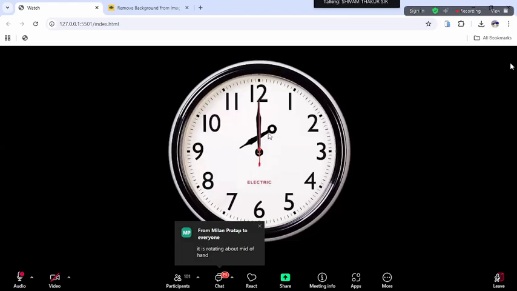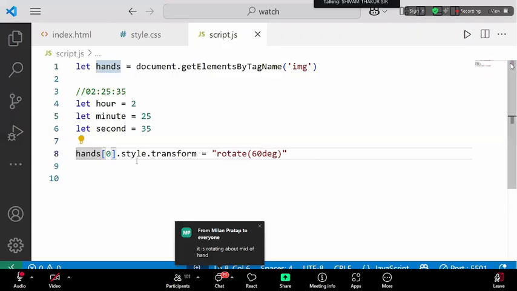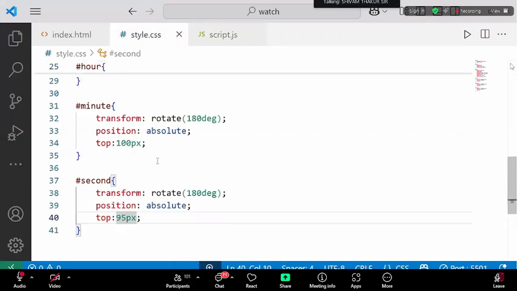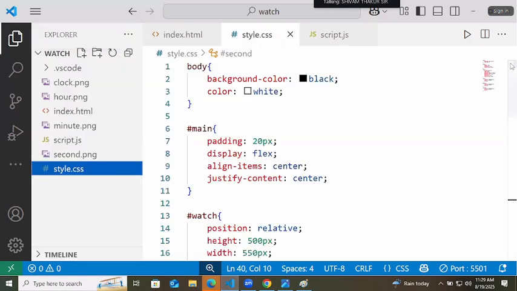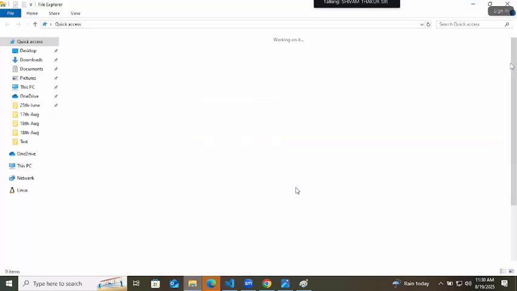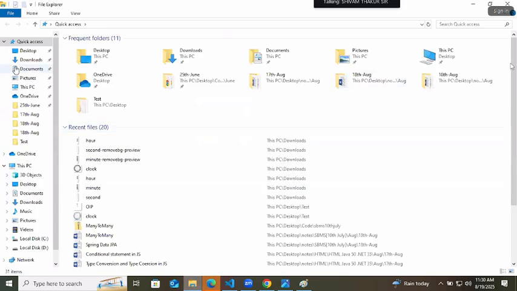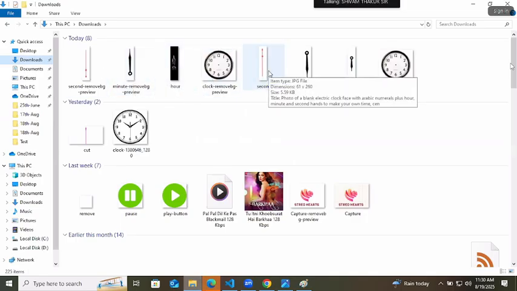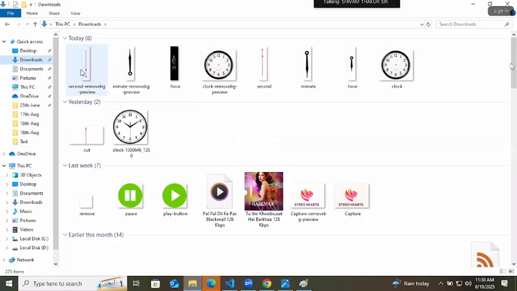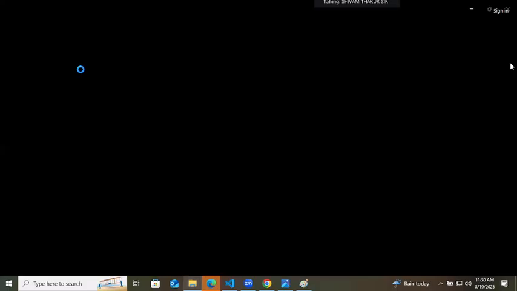Means we have to edit them outside. These images are pointing downwards. That is the problem. Okay. We have to edit them outside now. No other option. So this is the minute, hour, and second also. I will rotate.